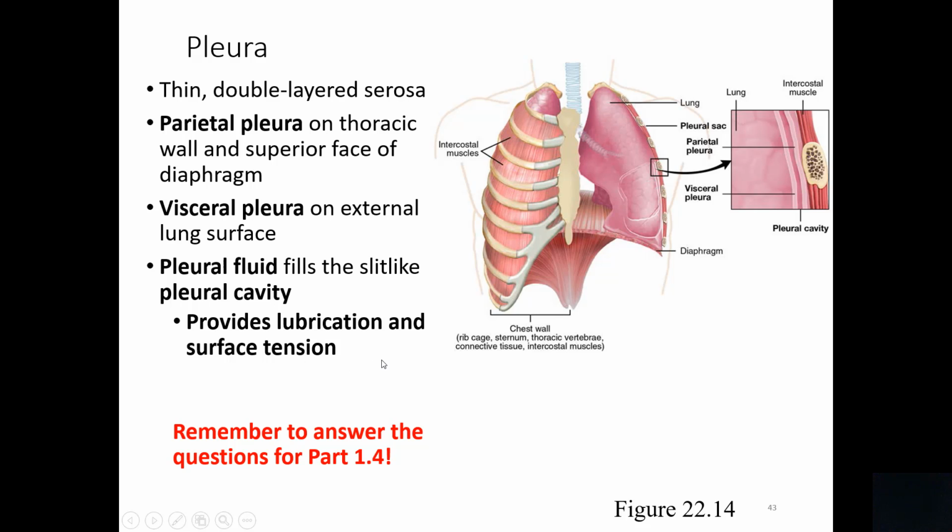lubrication and surface tension, and that lubrication is necessary to prevent friction that could destroy lungs, because lungs are moving all the time against the walls of the thoracic cavity when we are